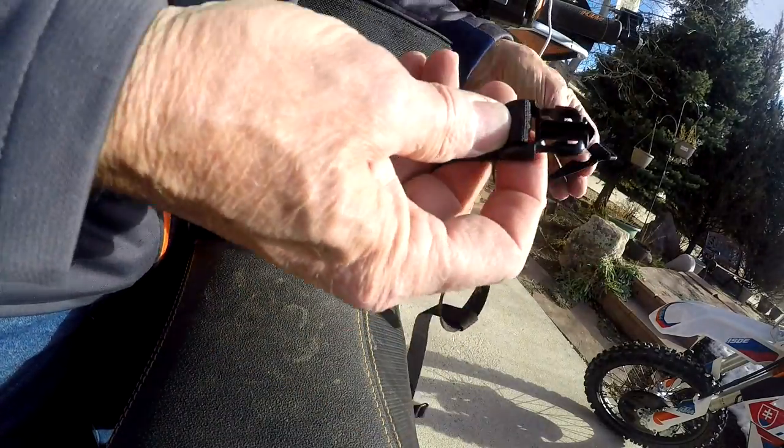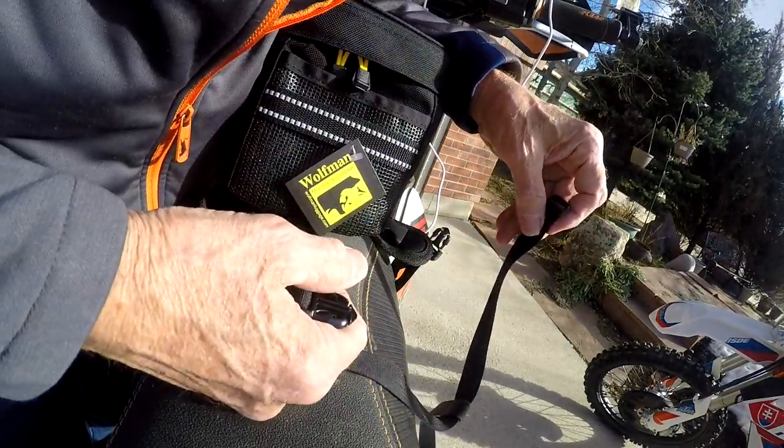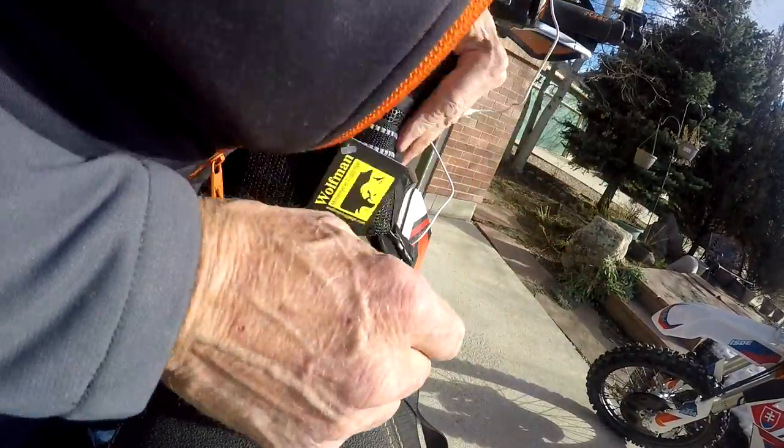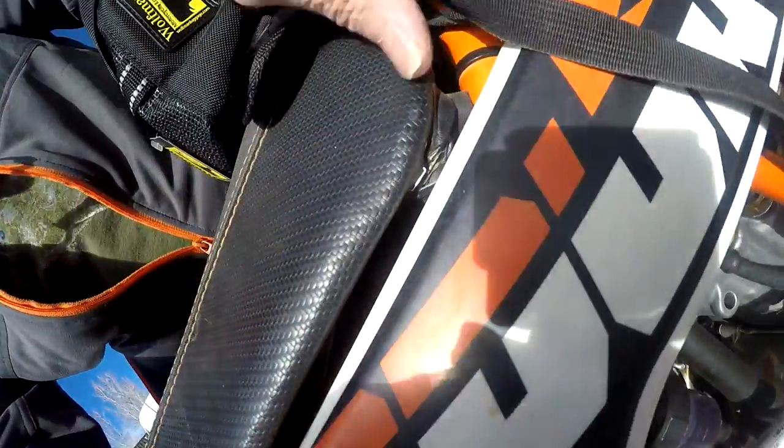So you see, this is in essence what you're doing. You would just take this strap that they give you. You would take this fastener off the end. You'd go around the tank, put this through that frame member, and you'd tie that to the frame member, and then you would put this fastener back on, and that's what gets fastened back onto the bottom of the tank bag. That way you can take this thing off easy enough when you're traveling down the road. So you see it's got lots of excess, and in my case the strap, I don't know if you can see it under there. Let me bring it up to the top. But anyway,